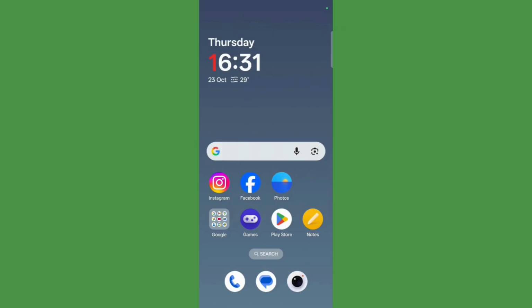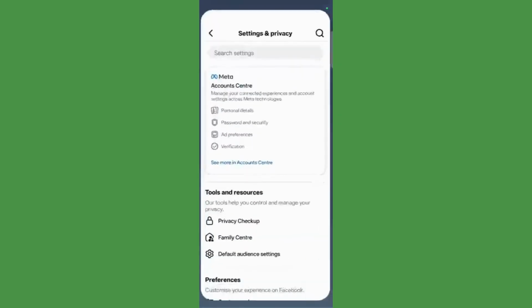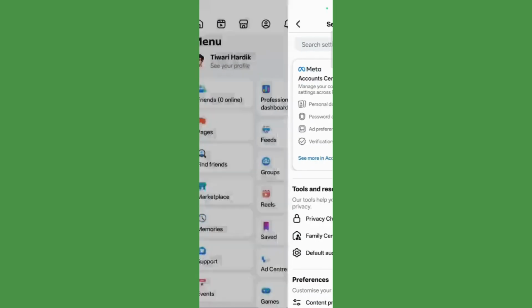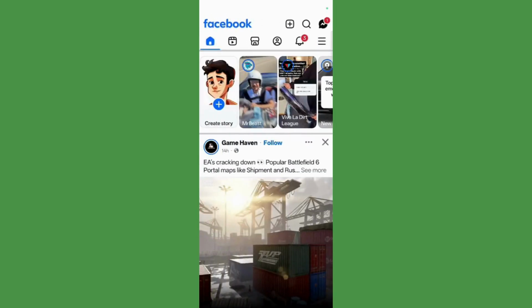In this tutorial I'll be guiding you through the steps on how you can link your Facebook and Instagram applications together. So in order to start, you can open either of them. I'll be going with Facebook, and then once you are inside the Facebook, you will probably be in your home tab. So from here you will need to click onto these three lines present at the top right corner of